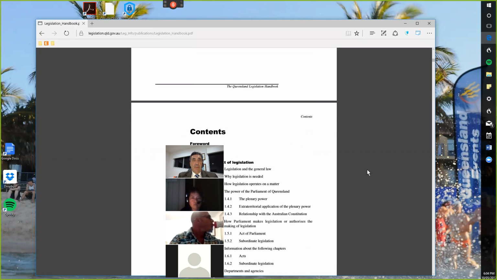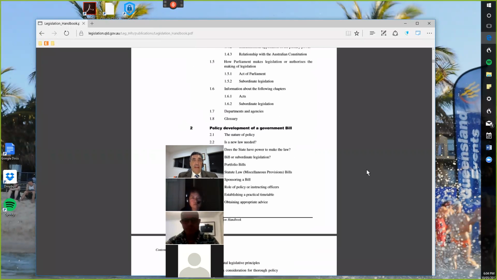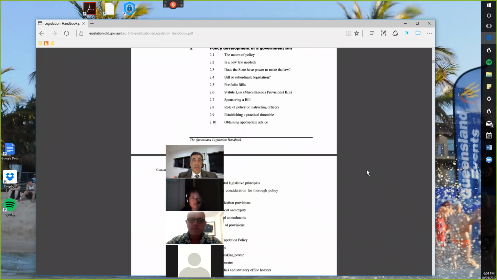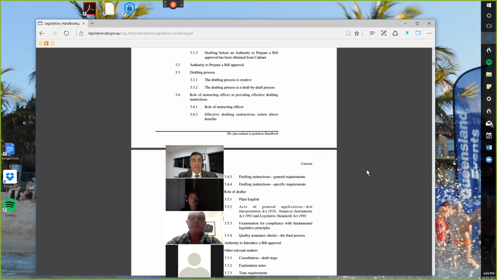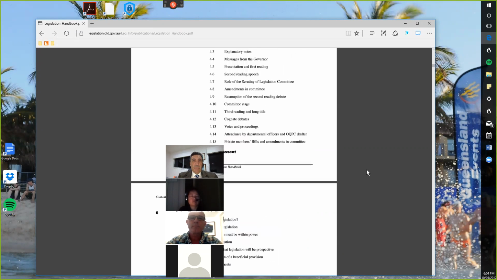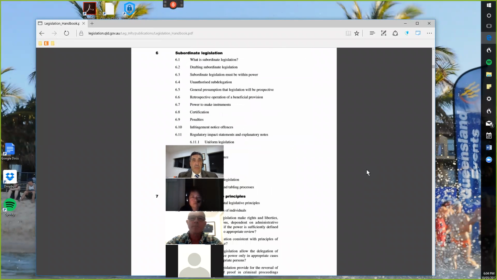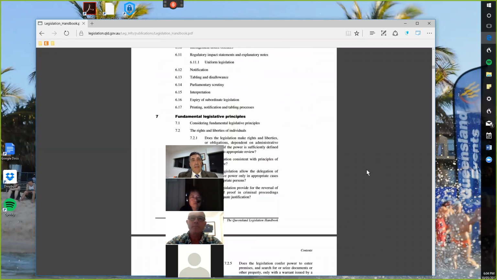So it provides some detail about legislation, how it's introduced, why it's needed, how policy has an effect on the creation of a bill. It talks about the drafting process, the parliamentary process, royal assent, subordinate legislation, and this is really handy.